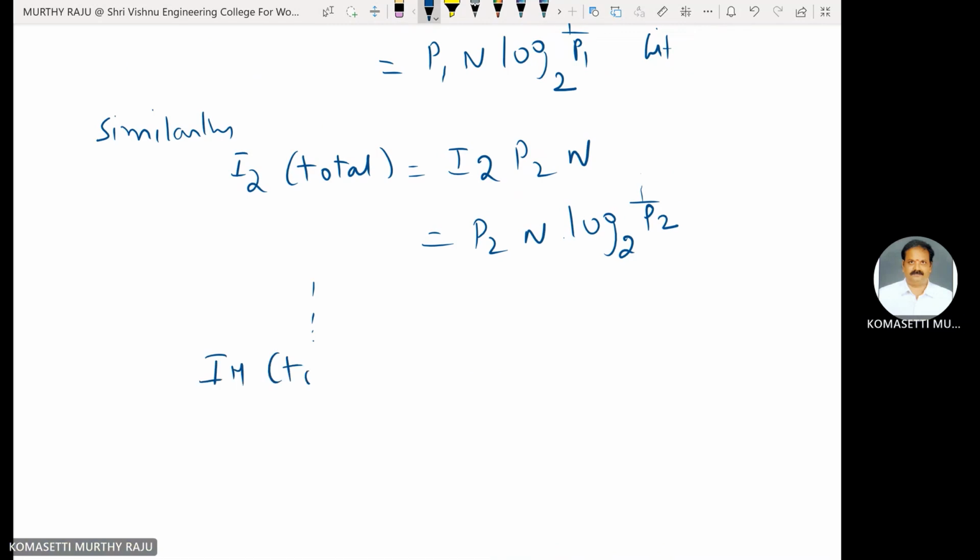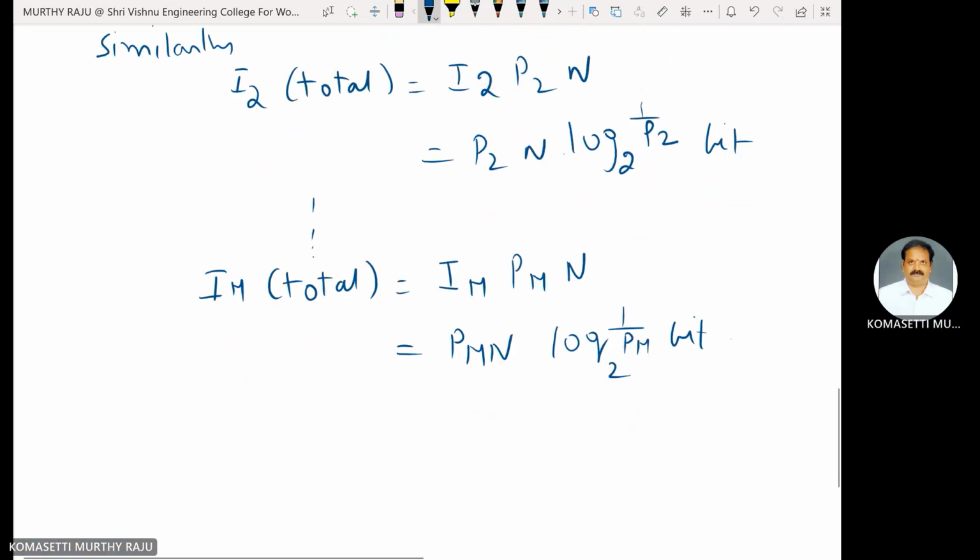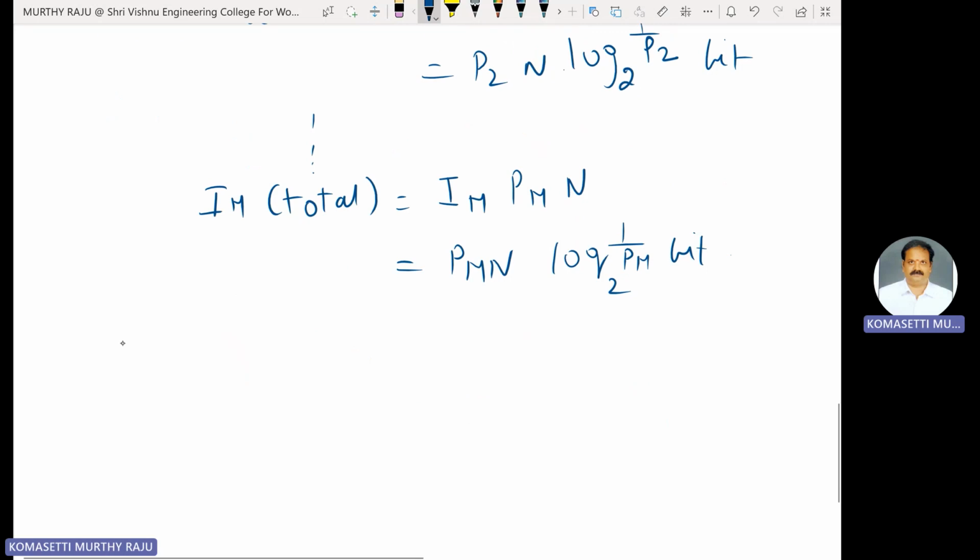IM total is equal to IM into PM into N. Therefore, this one is bit, PM into N. Therefore, IM is equal to log 1 by PM base 2 bit. Therefore, concentrate on total information. Total information is I total is equal to